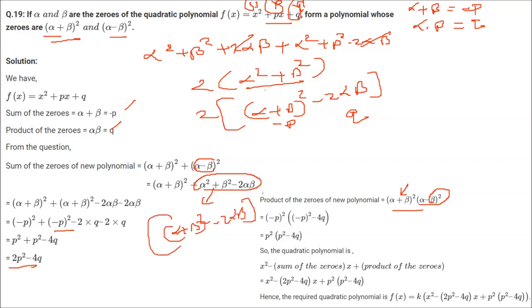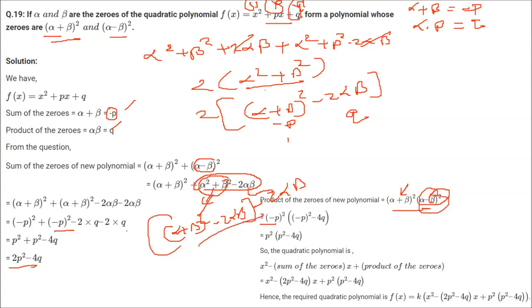This one, and then you put minus 2 alpha beta. So that is how alpha minus beta whole square is also known to us, and this alpha plus beta we can already have a value, minus p. So minus p, put it here, and alpha minus beta whole square is alpha square plus beta square minus 2 alpha beta. In place of alpha square plus beta square, you put alpha plus beta whole square minus 2 alpha beta, minus 2 alpha beta remain. So this whole is this one.